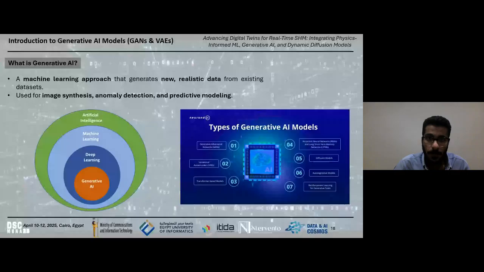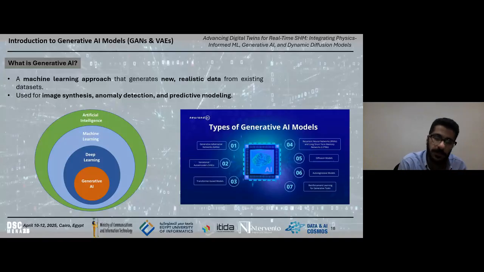Okay, great. So now I think we can continue. Let's go to generative AI.